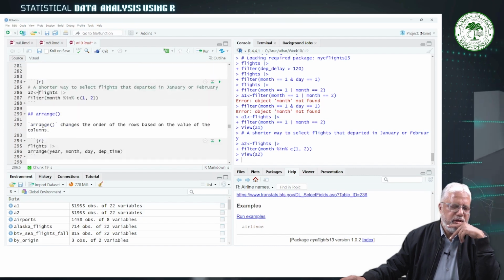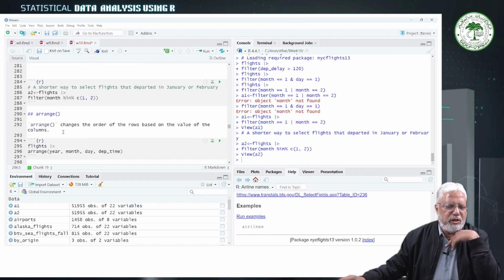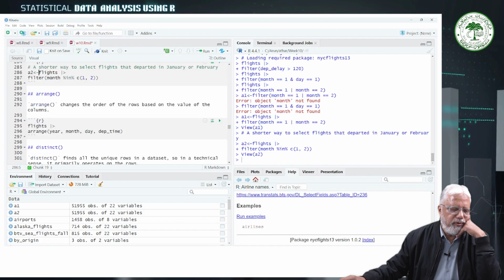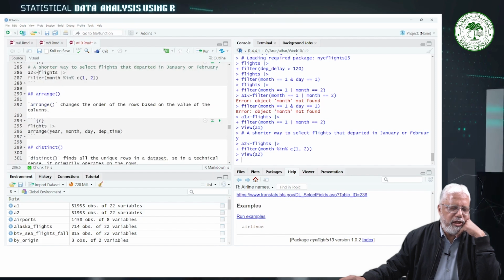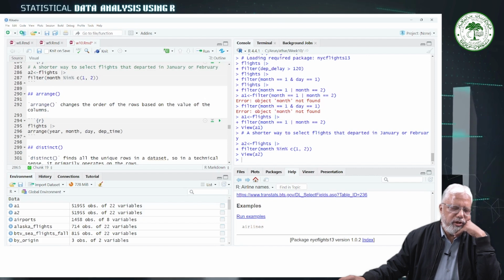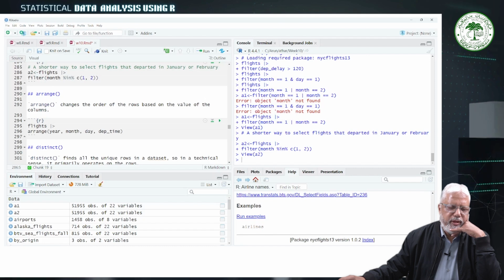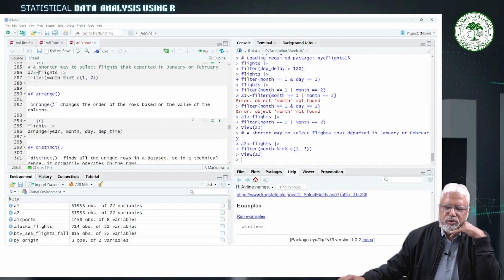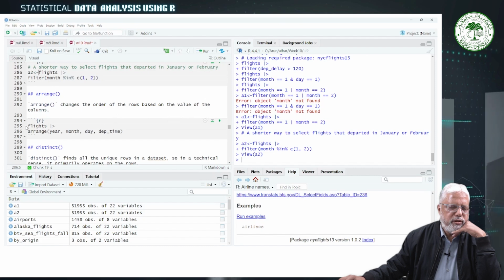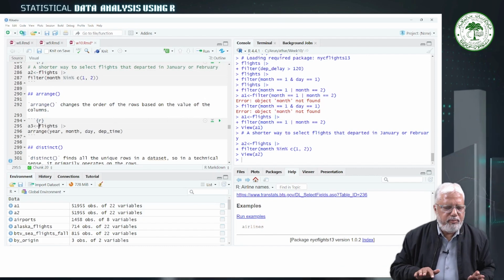Then arrange changes the order of the rows based on the values of the columns. Say for example, flights, arrange year, month, day, departure time. So it will arrange year, month, day, departure time. So it will arrange according to the departure time. So if we will write this object,